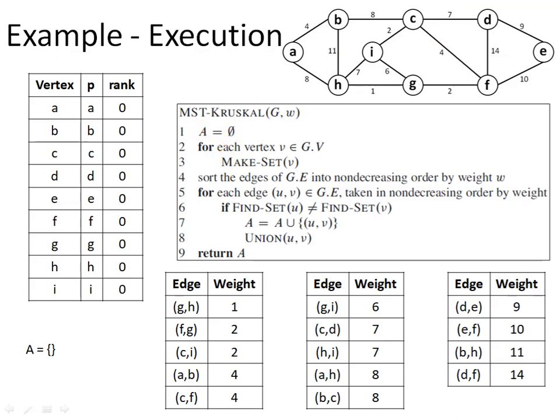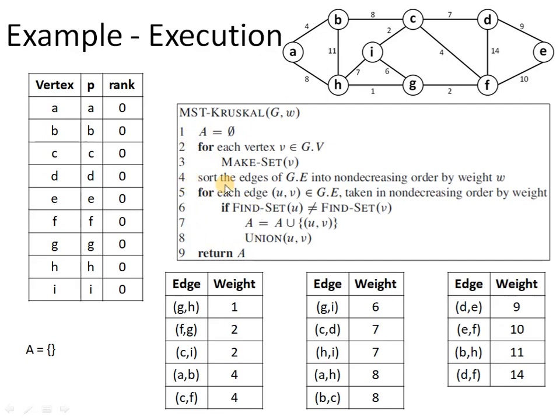So we have taken a set A, which is right now empty, and then we have executed the make set operation on all the vertices. It is initializing the attribute P to the vertex itself, because right now all the vertices belong to different sets, and the rank attribute corresponding to each vertex has to be initialized to 0. And also we have sorted the edges of the graph in non-decreasing order, and we have listed them here. So we are basically done with the initialization steps from line number 1 to 4.